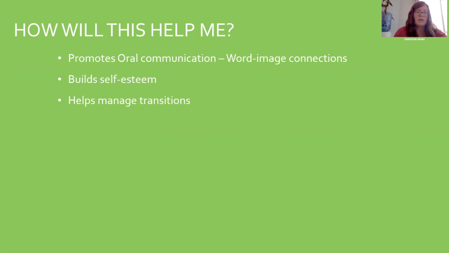The biggest reason, again, that most people seek out support from visual calendars is to manage transitions. Transitions can be difficult for adults, let alone kids of all ages and abilities. Change is hard, and so using this type of verbal and visual connection in terms of the visual calendars is a really useful tool. So one of the ways that the visual calendar supports this is providing the child with